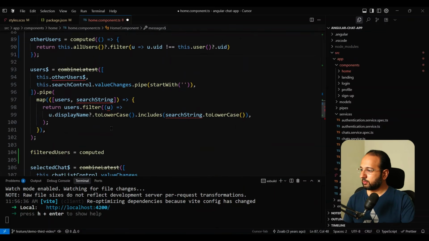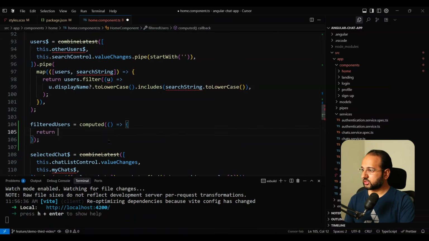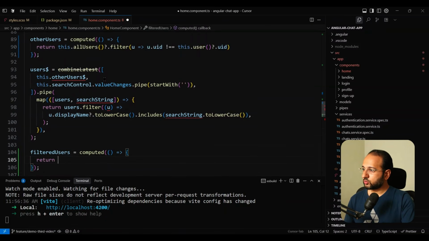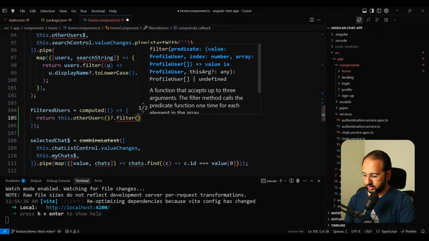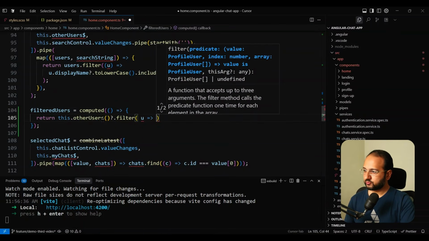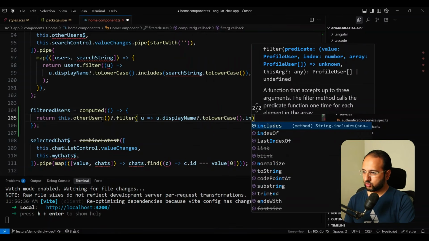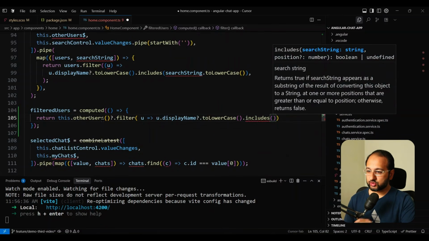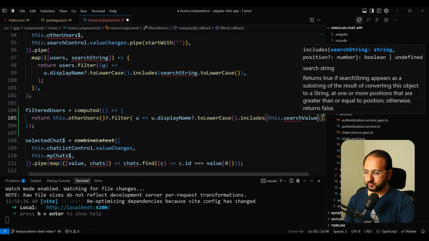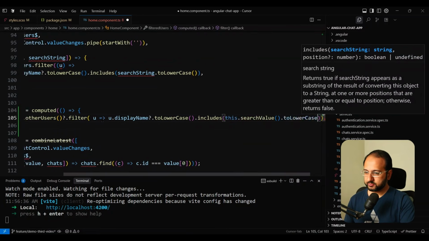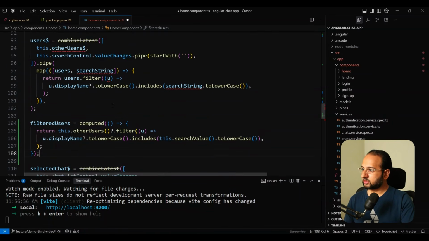And now we can build it using that. So we're going to use a computed here, and we're going to return this.otherUsers.filter, and the filter is going to be u.displayName.toLowerCase().includes. And now here we have the search string, so instead of the search string, we are going to do this.searchValue, which is a string, toLowerCase. Okay. So we have our filtered users here in the form of a computed,